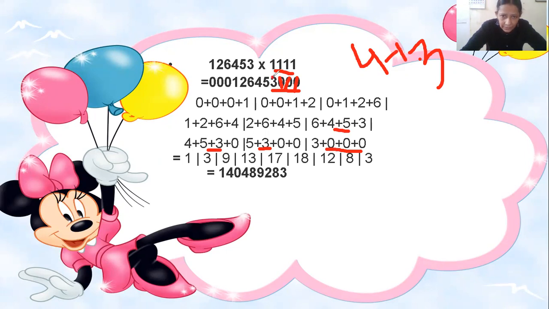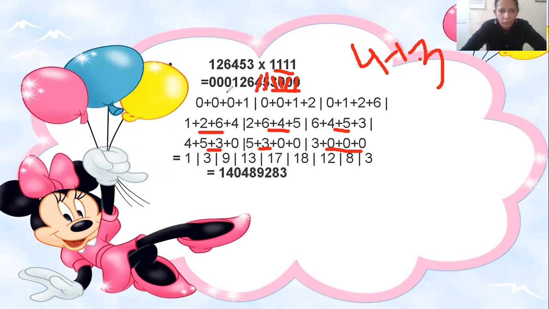Now you cut this 3 also. I am cutting all the numbers. Now you see what are the next 4 terms here. This 2, 6, 4, 5. So I have written this 2, 6, 4, 5. Put the slash. Now cut this 5 also. Now take the next 4 numbers. What are the next 4 numbers? 1, 2, 6, 4. These are the next 4 numbers I have written here. Now you cut this 4 also.